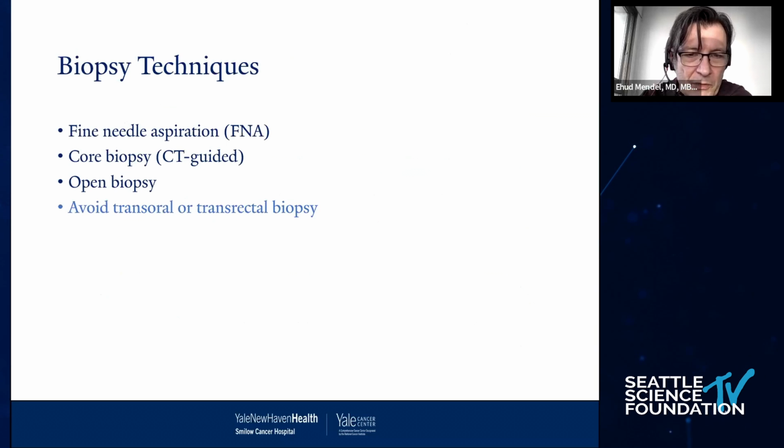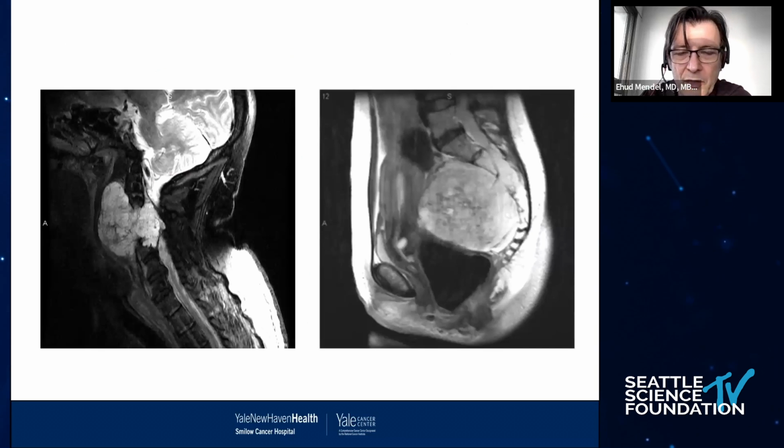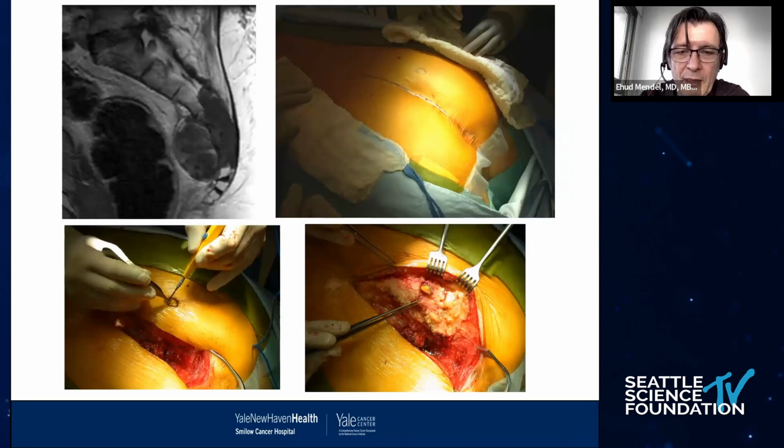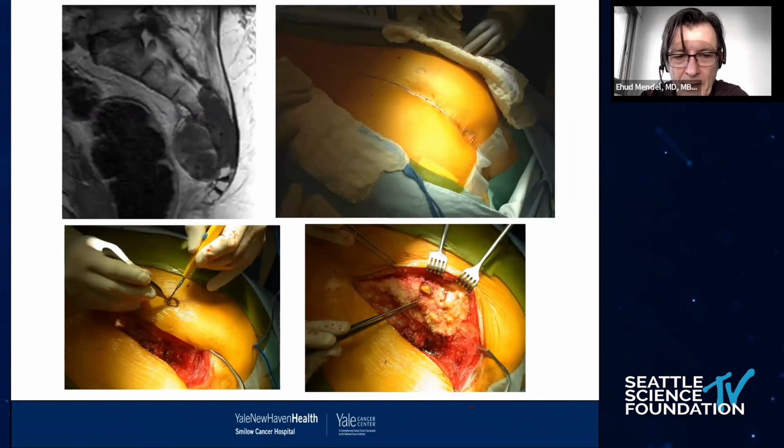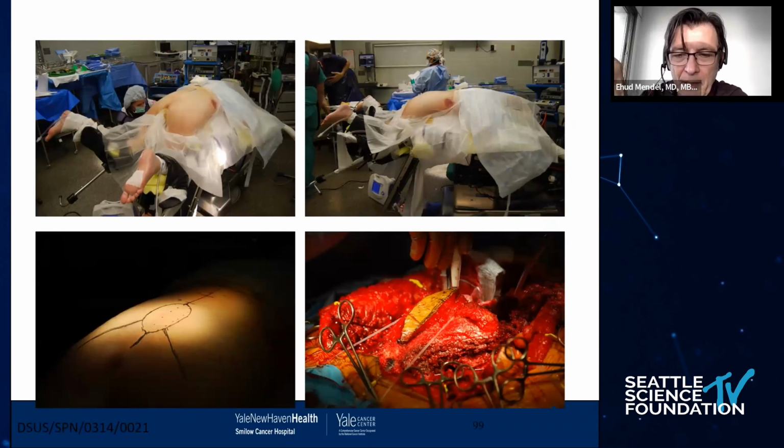Make sure to avoid the transoral or the transrectal approach to be able to remove the tract with the specimen in order to minimize the tumor contamination. And you can see how I leave the tract itself here, removing the skin around the tract, and here where you leave that area with the skin where the tract was done to be able to get around it and remove the sacrum here in one piece